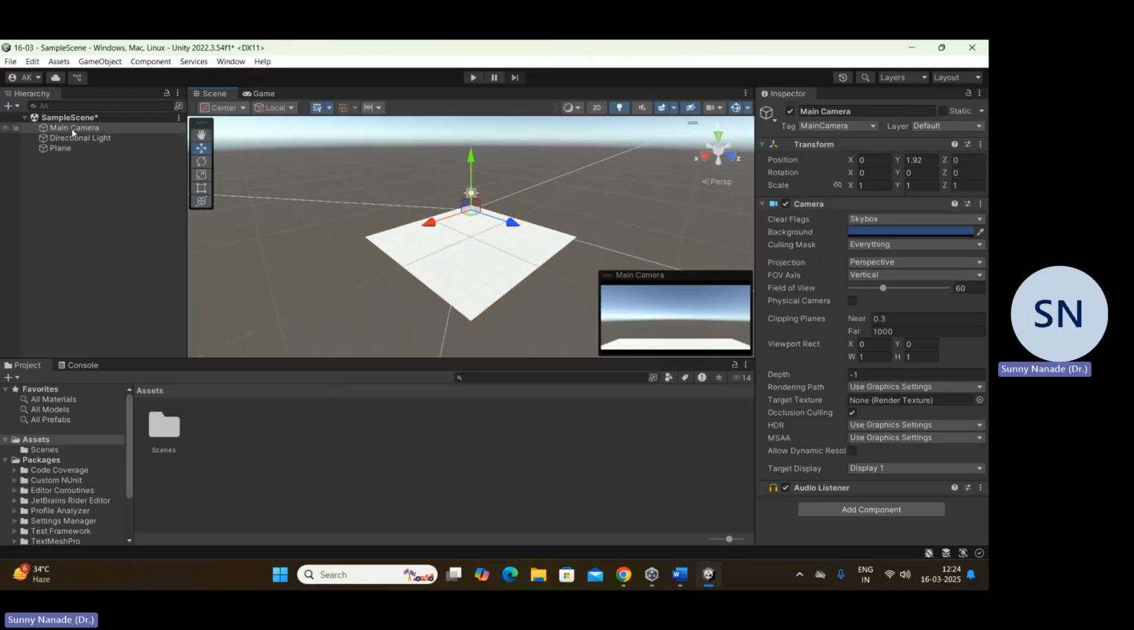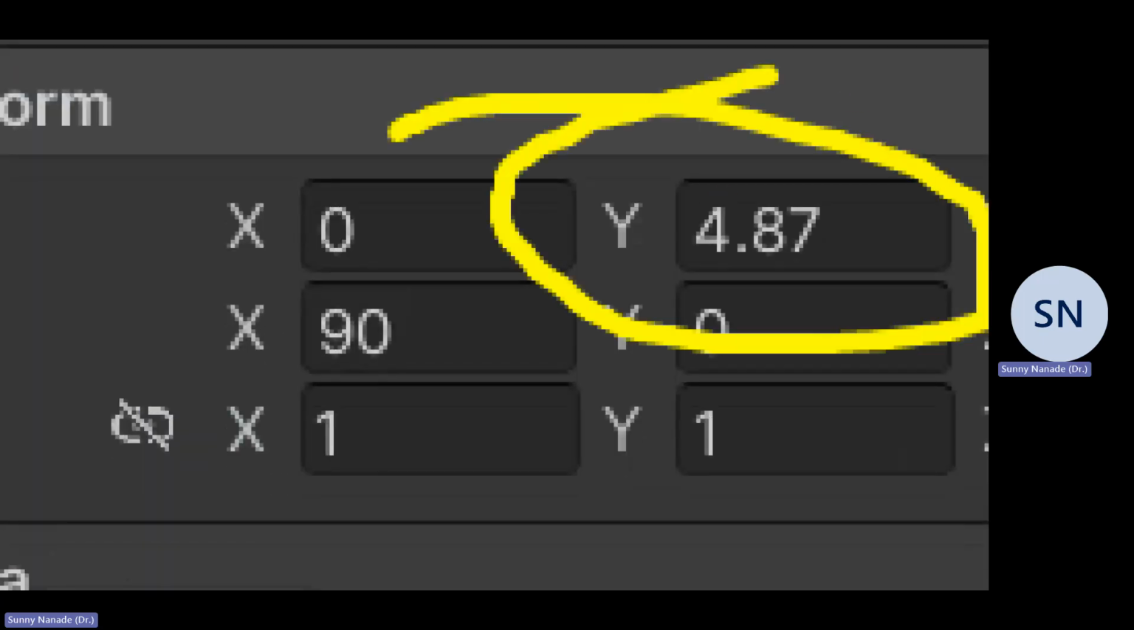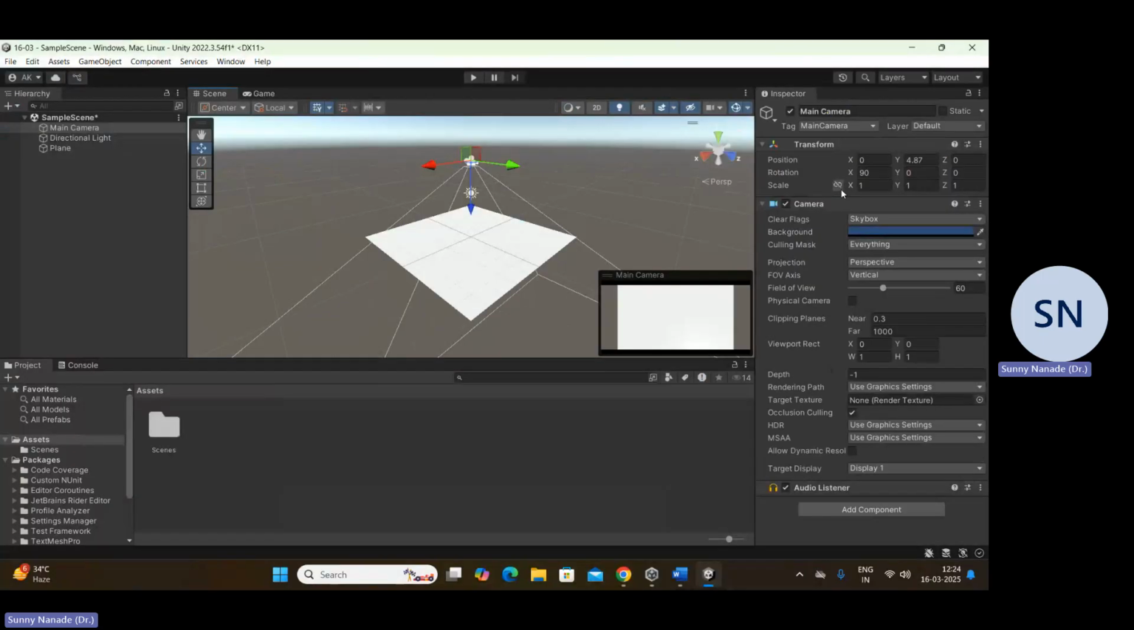Say the main camera is selected. I rotate by 90 on X and now you can see the camera is facing down. Now you just have to move it up. There will be a time where you would not be able to see things properly, or the boundary. So first I am trying to set the camera. Right now there is an arbitrary value of 4.87. I want to confirm that when I click on play mode, I should be able to see things properly. So in order to do this trial and error,